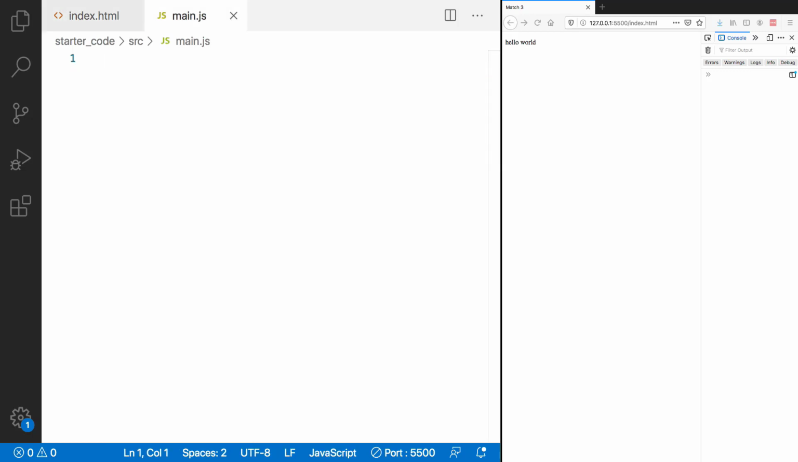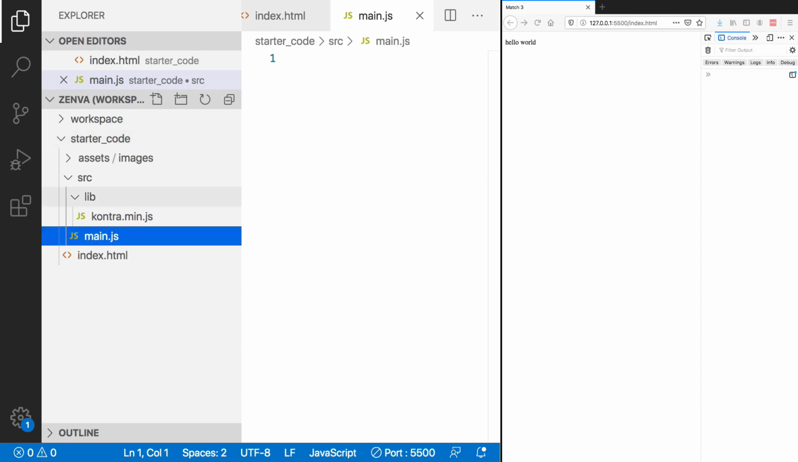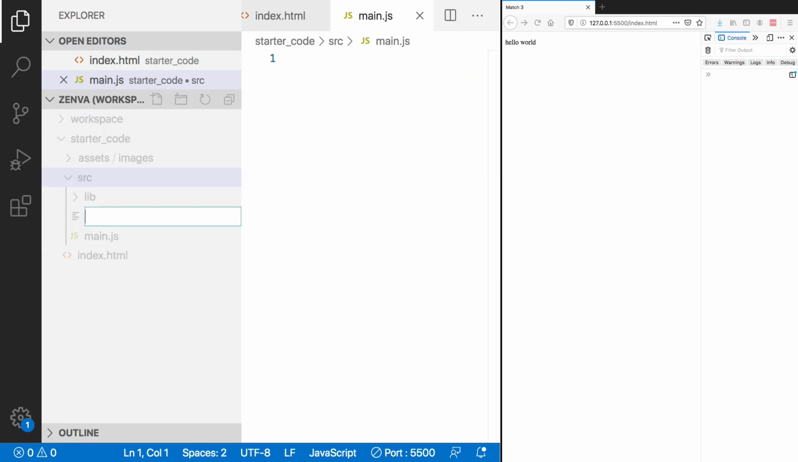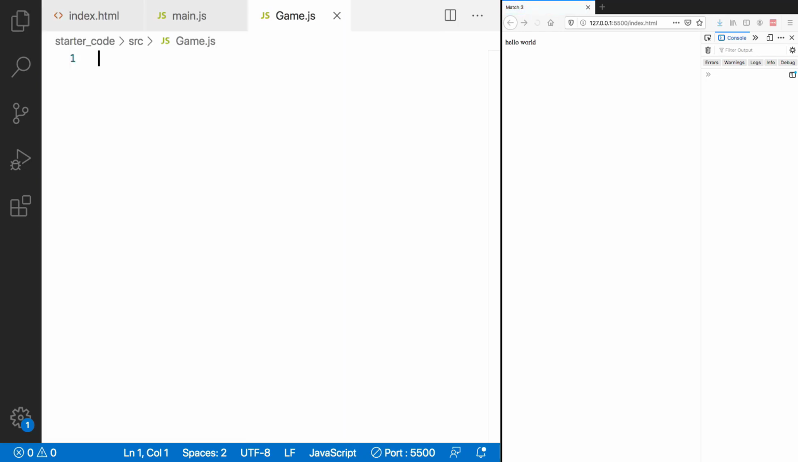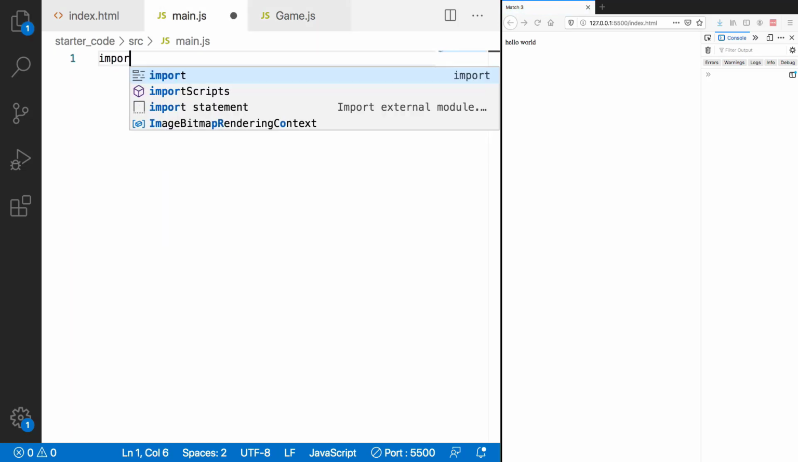Let's make a new file, and I'm just going to call this game.js. I'm going to create a variable: const test equals 1. If I want to use this test variable inside my main.js file, we need to export it. So we'll use the export keyword, and save. To use this, we'll do import, curly braces, our test variable, and from, in single quotes,